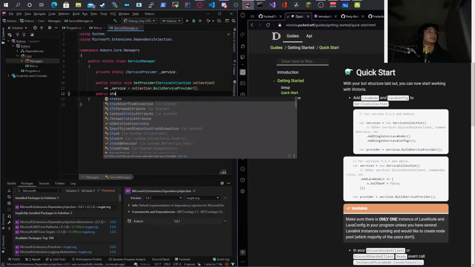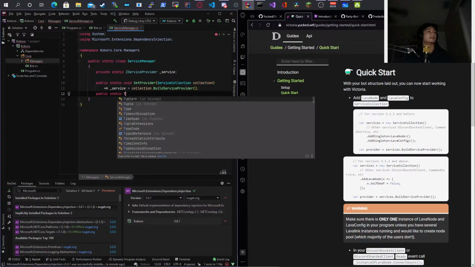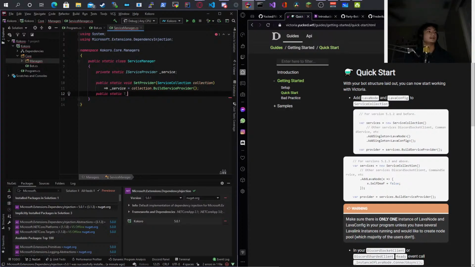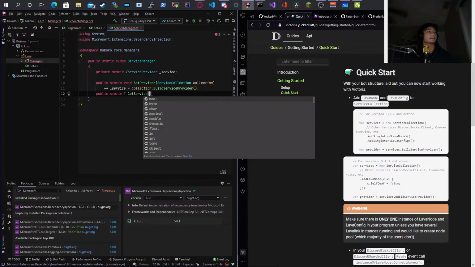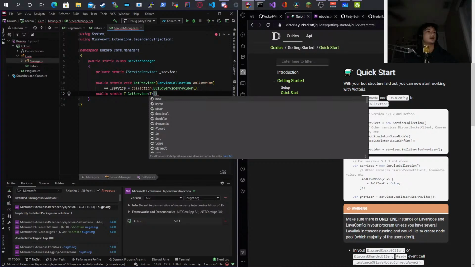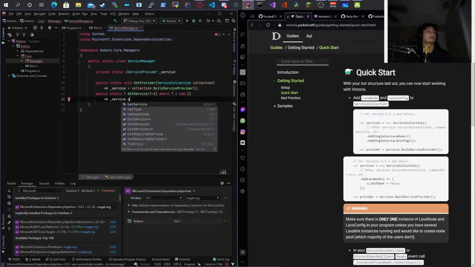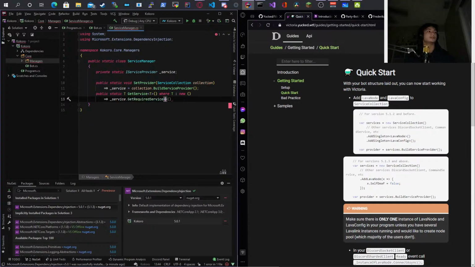And I can do public static, and it's going to be a generic type, so it's going to be T GetService, where T is new, and I can say here is service.GetRequiredService<T>. There we go.